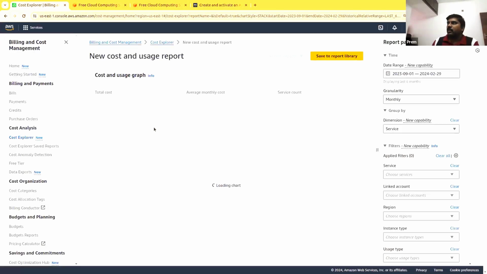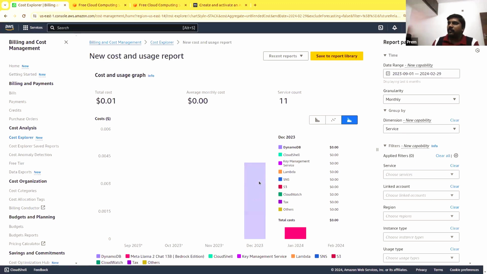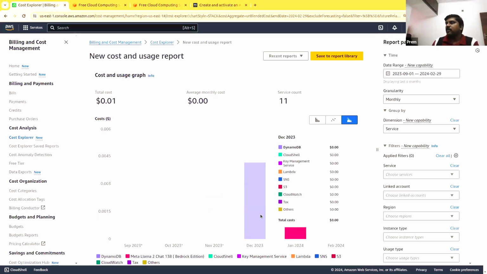There is a cost explorer here. Let's see, that will give you an idea about what services are running and where your money is going. So you can come here and check that, so that you are aware. See, for me in December, these many services I used, but zero cost, because all of them are serverless and they have a free trial available. So I'm not charged for anything. If I'm using anything that is chargeable, then that will come here. Okay. Yeah.